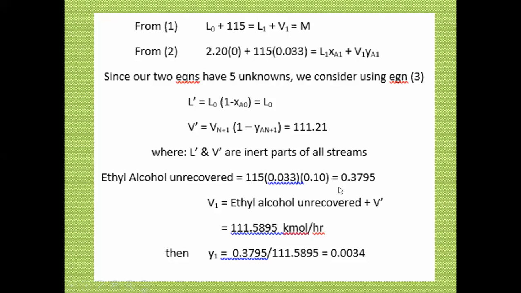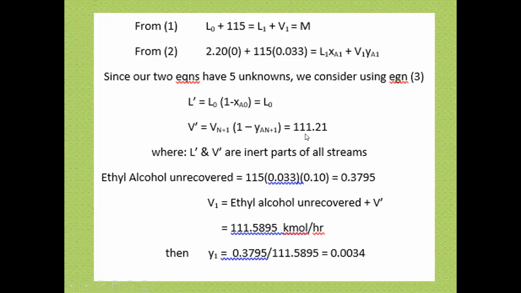So this is the unrecovered ethyl alcohol. This unrecovered ethyl alcohol will be the same amount that would leave together with the inert part of your gas mixture because it's unrecovered. So the total amount of vapor leaving your absorption tower, containing with it the unrecovered ethyl alcohol, will be the